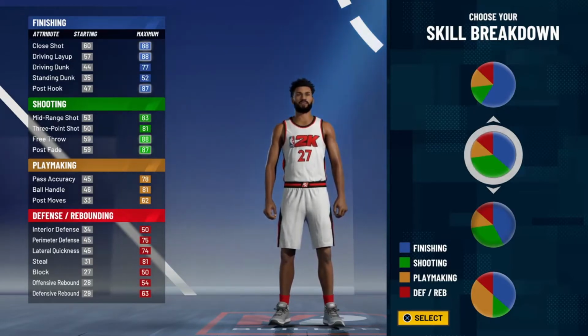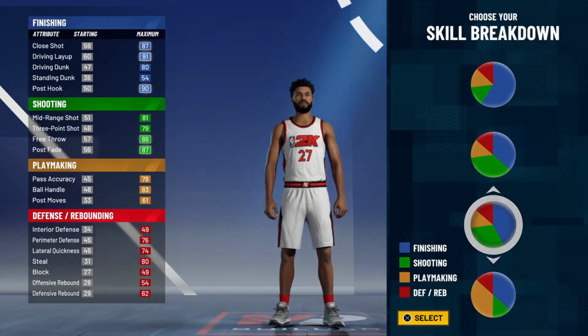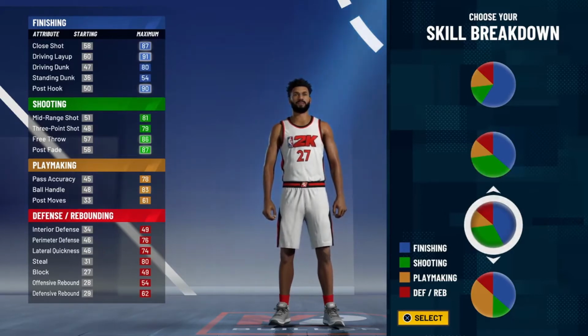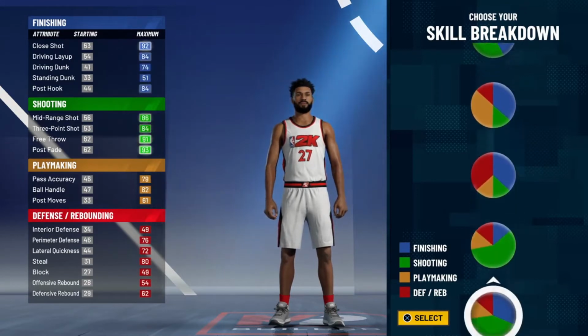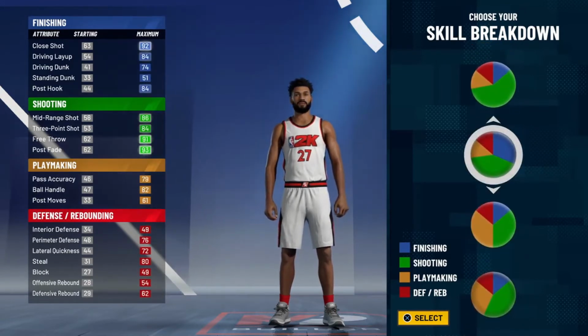But we're going with the pie chart with a little more green than blue, so that you can have a really good layup, because he's good at getting to the basket. He can dunk, but you want to make sure you have a good layup. That's the reason why we're going with the primary green and some blue, because we're gonna have that high layup, and then we're gonna have a decent